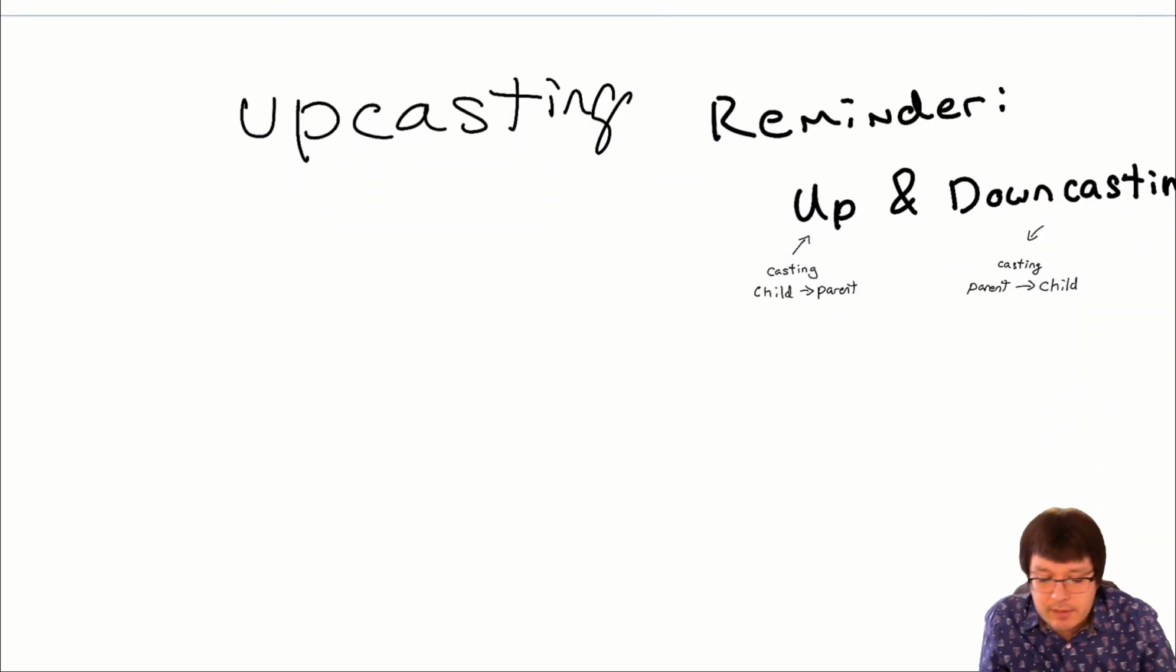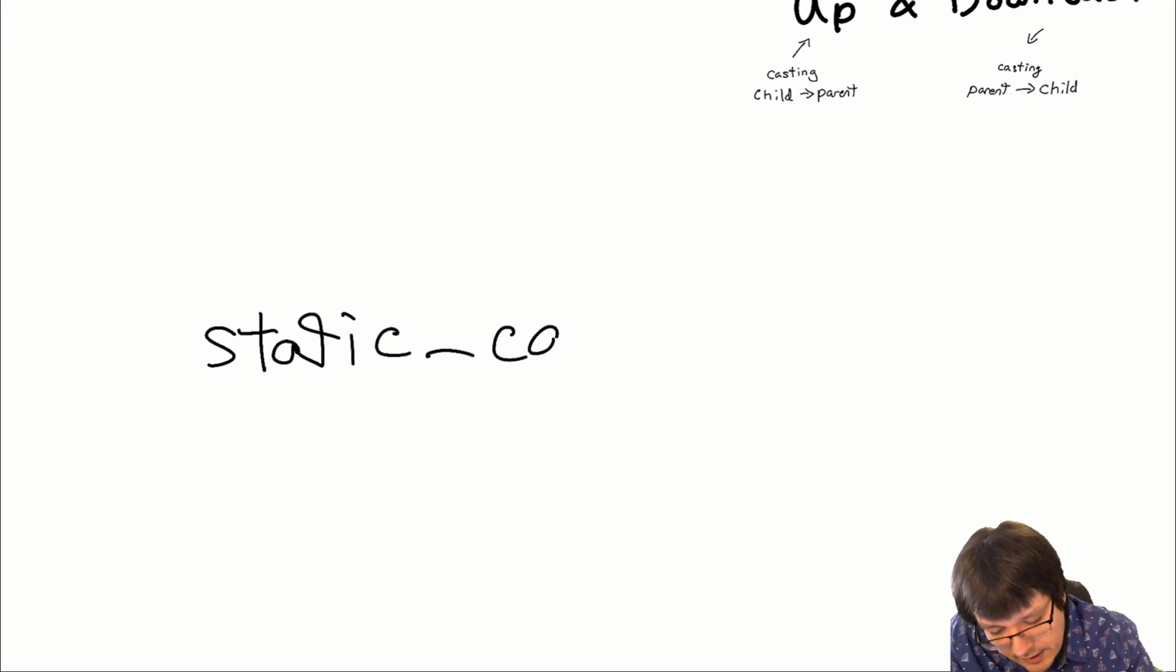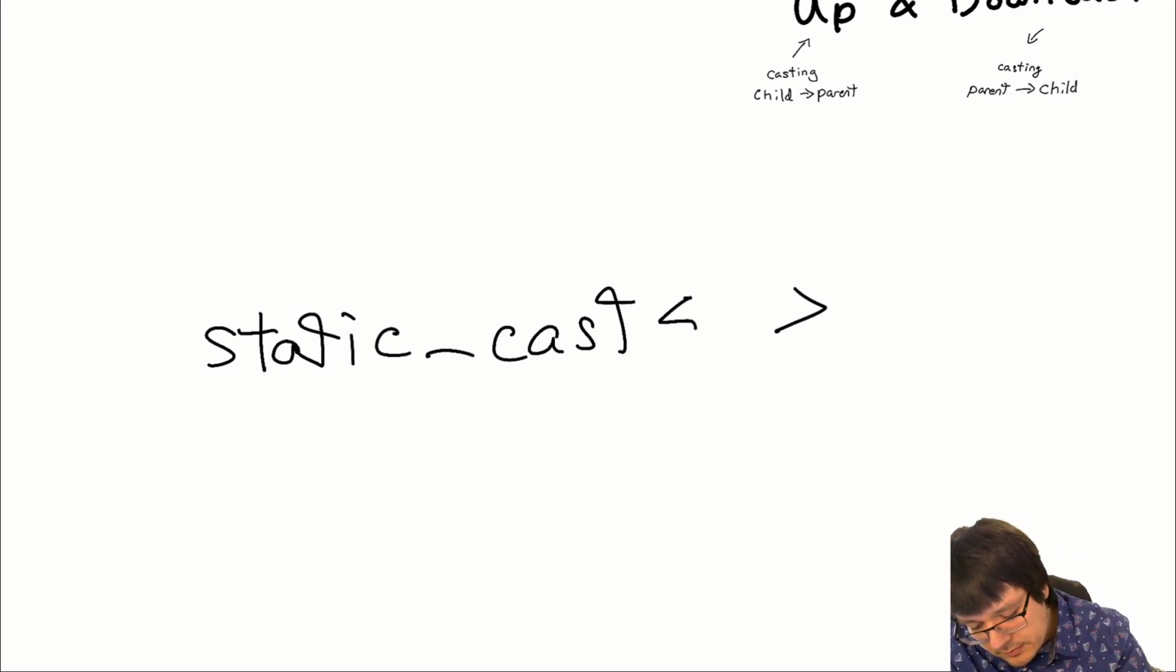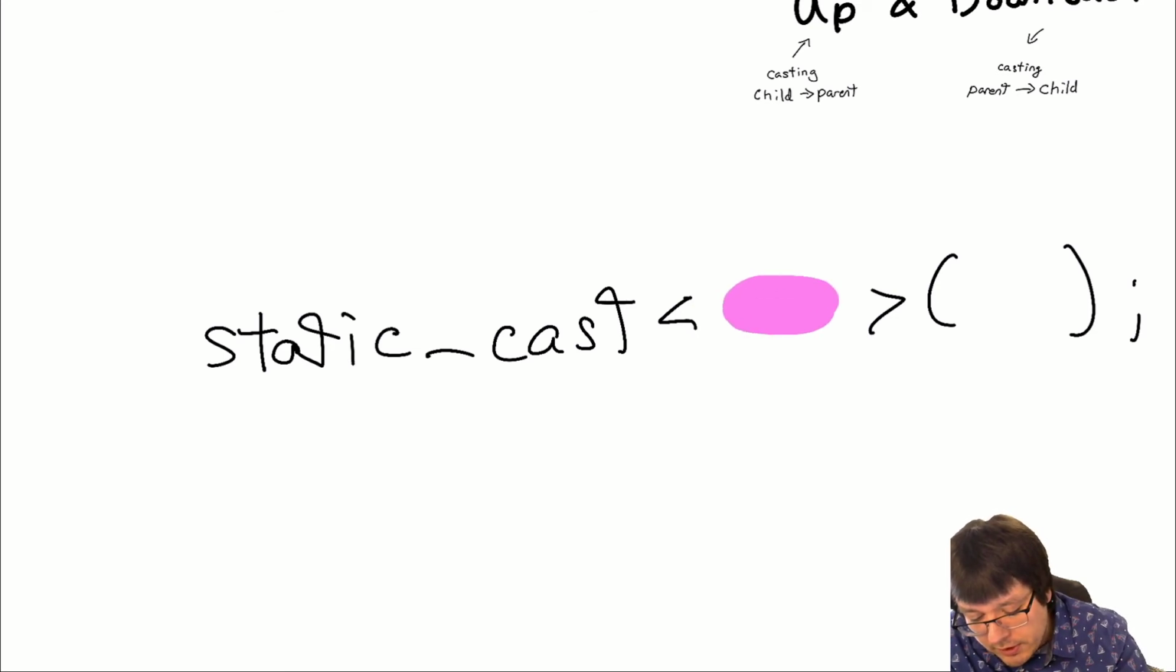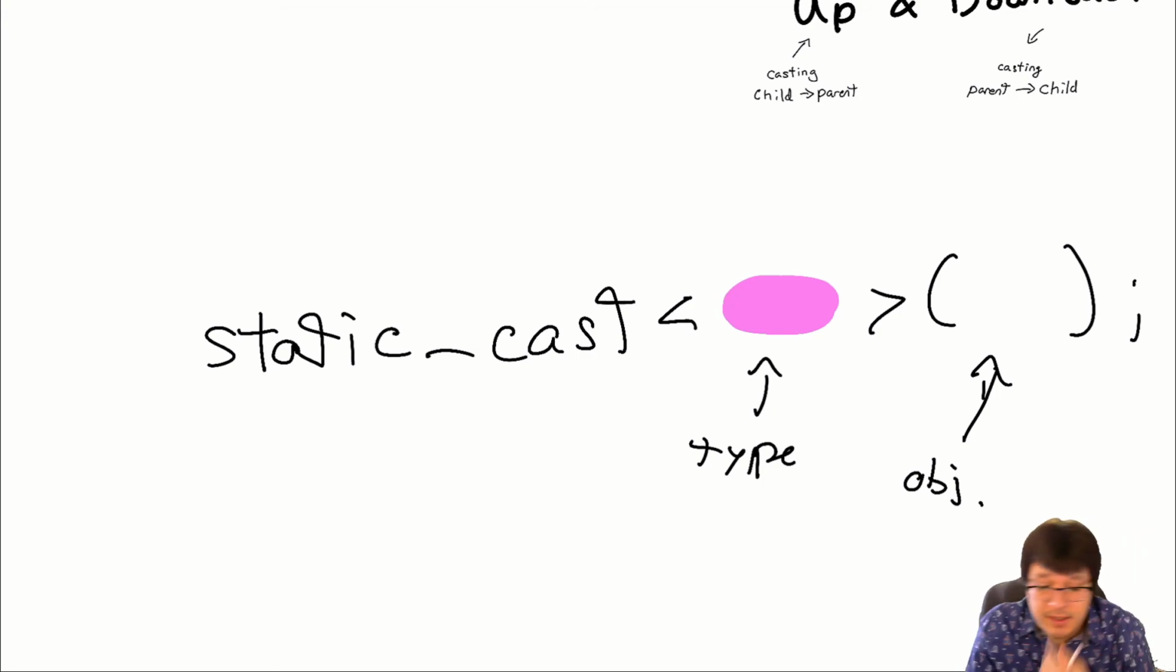So let me go ahead and write them down. We have static cast, in which you would put there the type that you're casting to, and here you're taking the object, and probably a pointer, but I guess it could be an object technically speaking in the case of static cast. An example of me doing that is